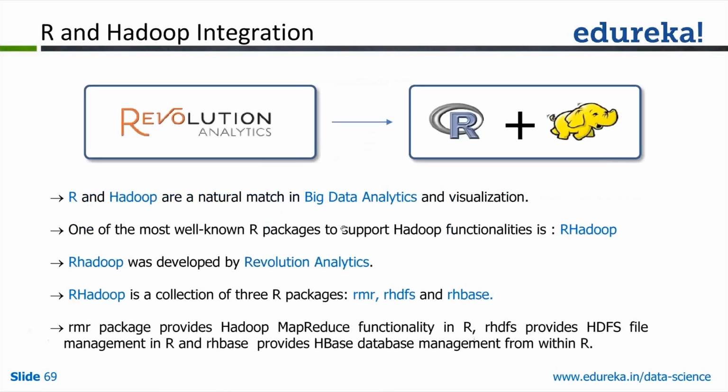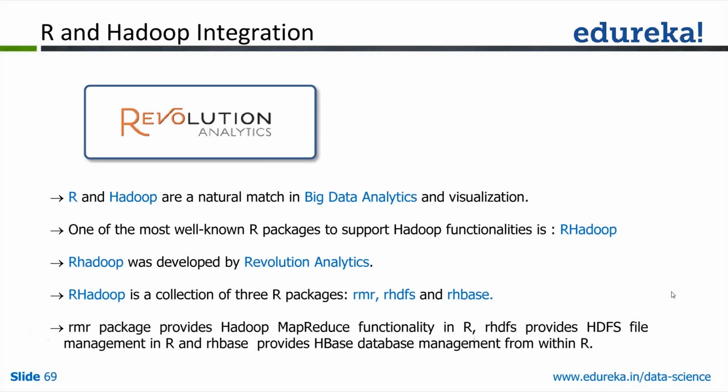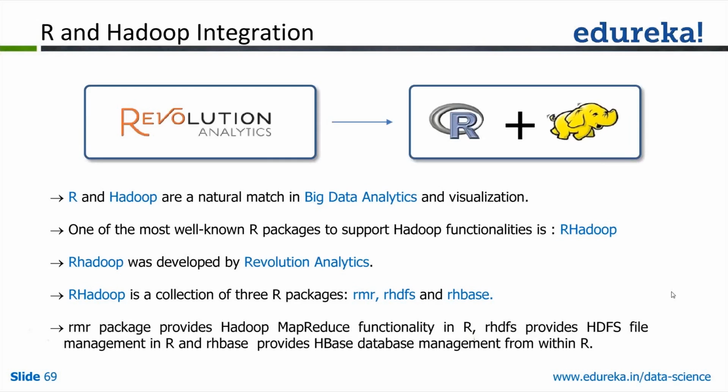Okay, and finally there's R and Hadoop integration. So we said R is single node and limited by main memory, and Hadoop is a distributed data platform. So how can I combine these two, right? R is a nice little language that I can use for doing my data science, and Hadoop is a very powerful platform to work on large data sets. So how can I get the best of both?